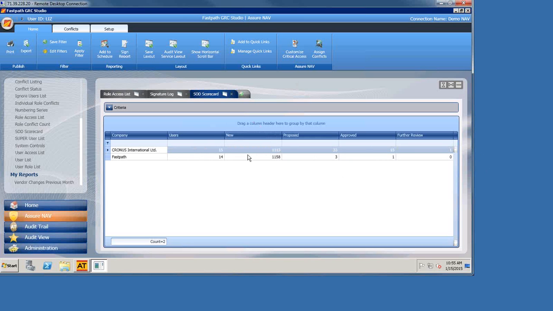And in our instance, we have a lot of cleanup to do. We have way too many super users. We really should be giving these people more tailored security based on what their actual roles are in the organization. Okay. So with that, that concludes the presentation on the tools.